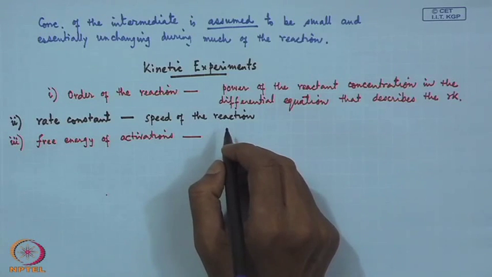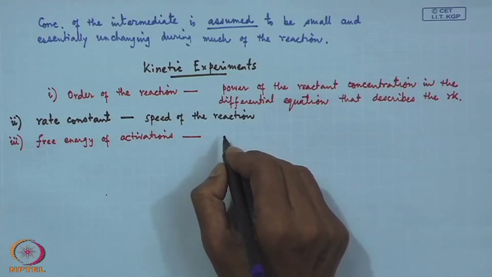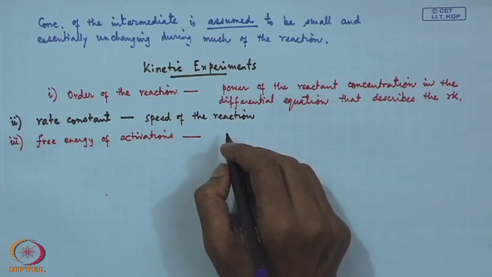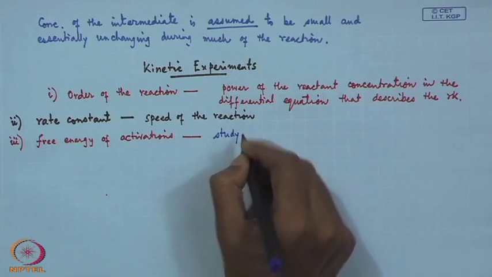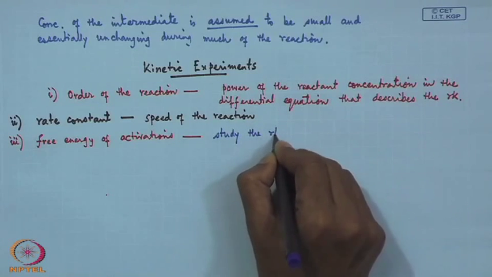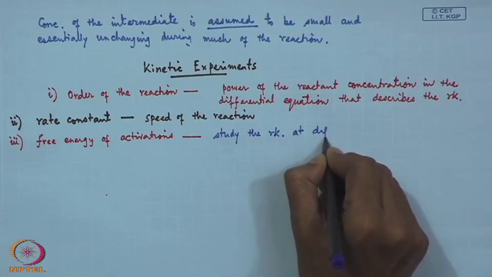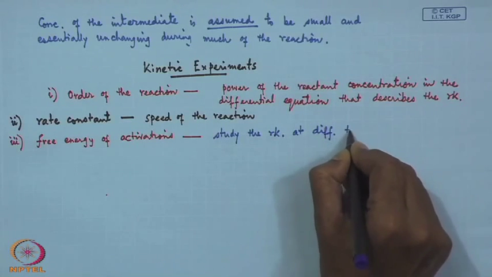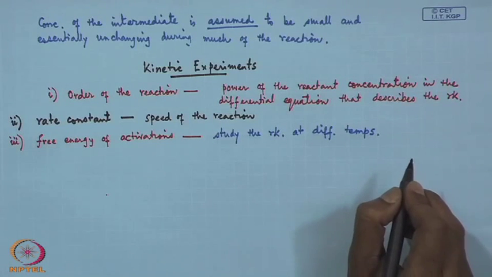So, how we can find out the free energy of activation? We can find out by measuring or studying the reaction at different temperatures. So, study the reactions at different temperatures. That basically gives us the corresponding free energy of activation,